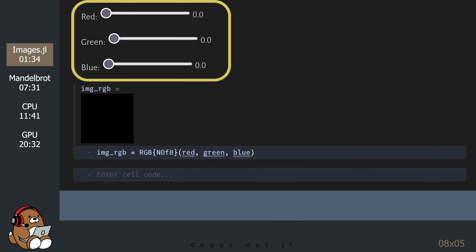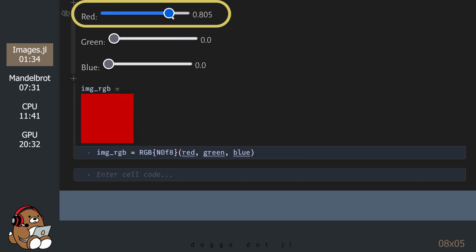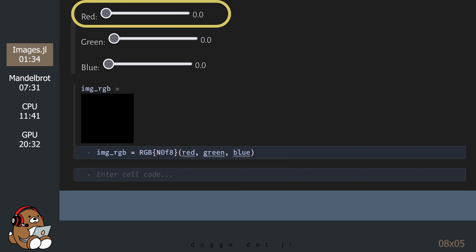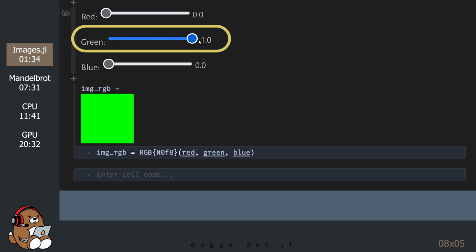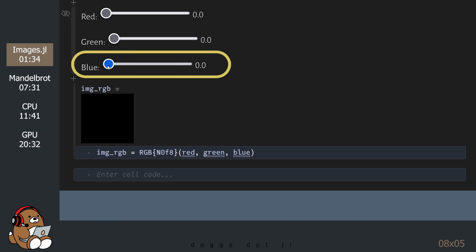When all of the values are 0, then the image is black. When the red value is 1, then the image is red. When the green value is 1, then the image is green. When the blue value is 1, then the image is blue.